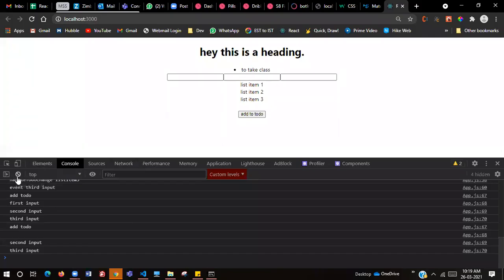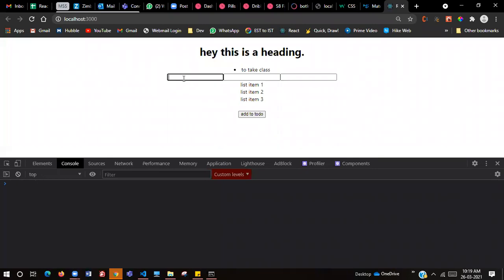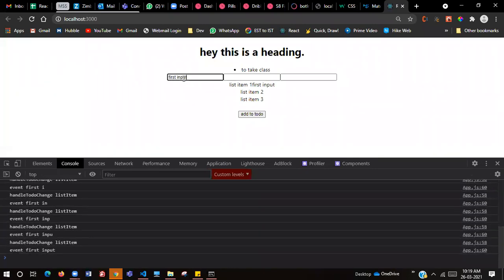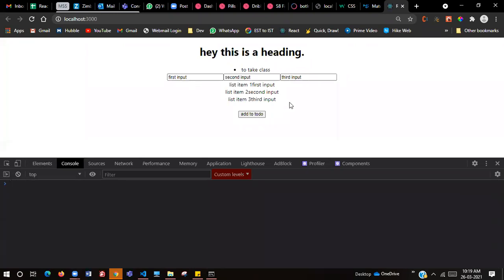Okay. Now we've typed the first input, second input, third input. Now clicking on add to do. Basically, our expected output is to add all these three inputs to the list.